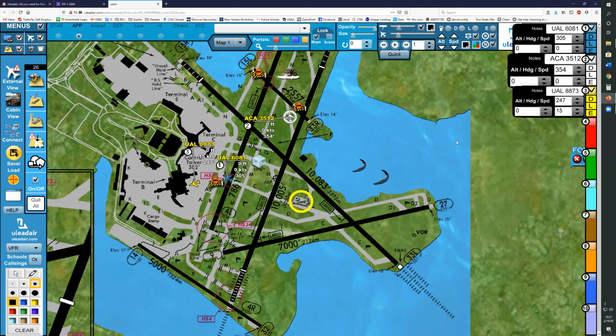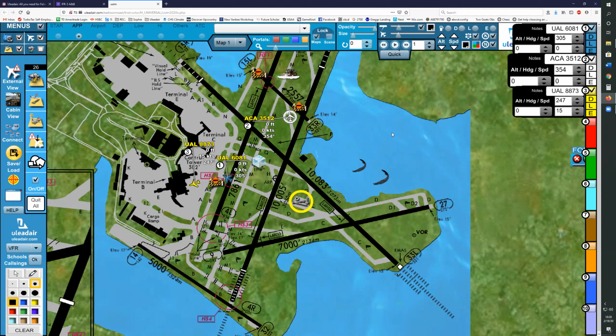Say, have they checked on the deer yet? Has the ground crew checked the runway yet? Okay. Canada 3512, have a runway check yet? That's good.